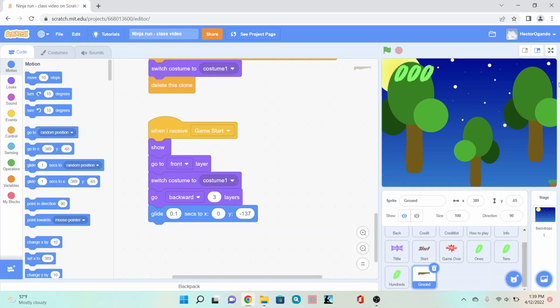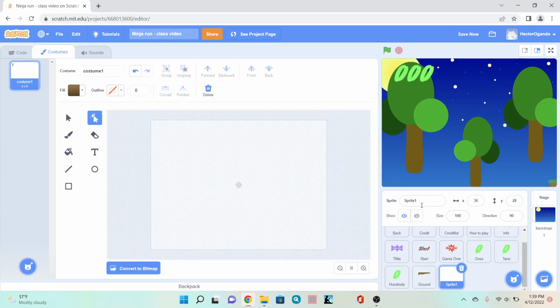Hey guys, we're going to go ahead and create our player. So to do this, we're going to hover over, choose a sprite, click on the paint tool. We're going to go ahead and rename this player. Once we have this, we're actually going to make 3 costumes to kind of make a small little animation of